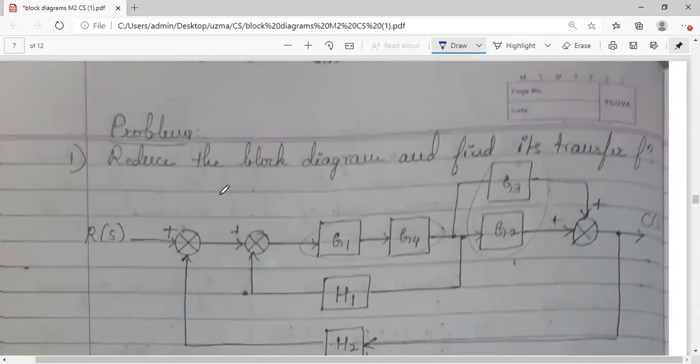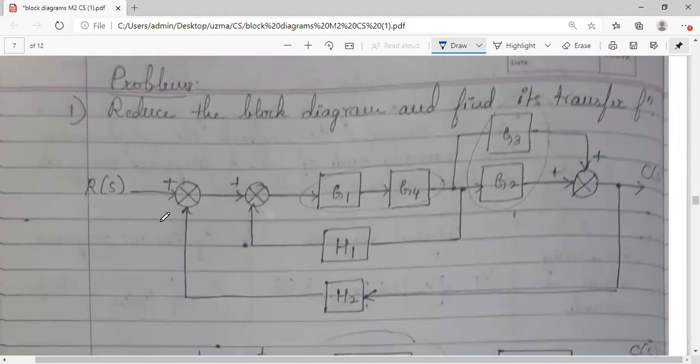So ultimately, why are we going for reduction of the block diagram? Because we want a transfer function for the given system. Let me not continue with more problems on block diagrams as for now. Just as an example, I have taken this problem. Let me cover the signal flow graph theory also, because both these topics are related. For every block diagram problem, I have to extend the problem to find the signal flow graph also.